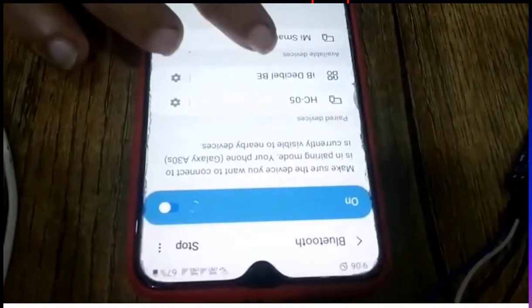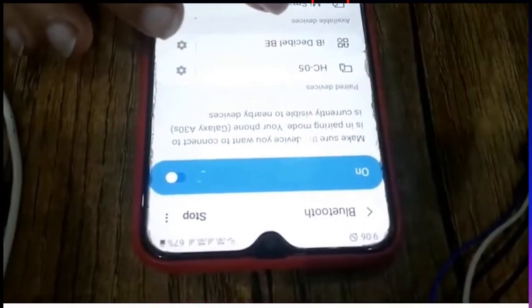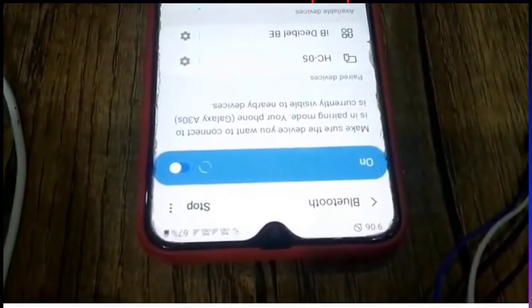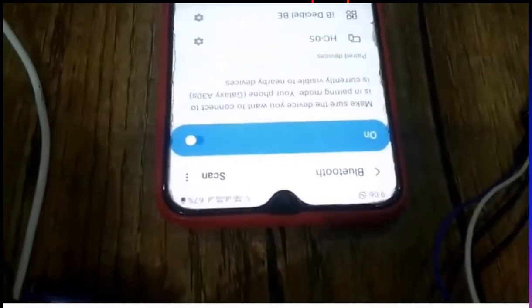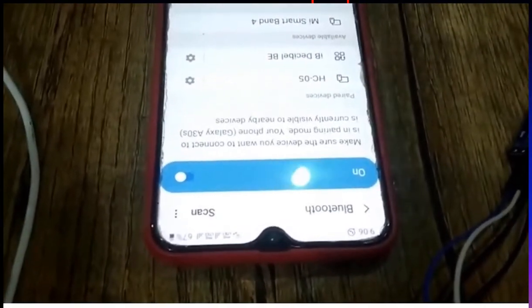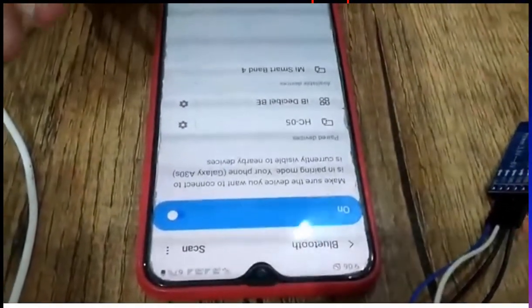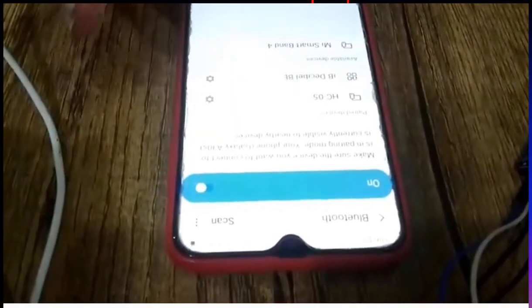I have already paired my HC05 module with my mobile. When you are going to use it the first time, you have to give a pass key for the Bluetooth networking. It could be 0000, 4 times 0, or it could be 1234. Only two possibilities are there. I'm going to connect with HC05.